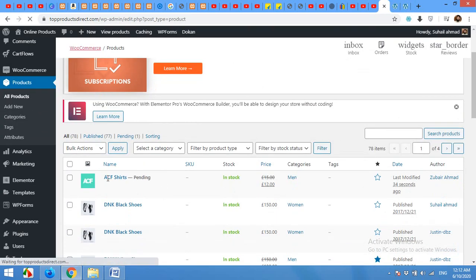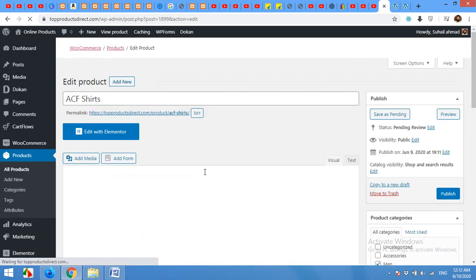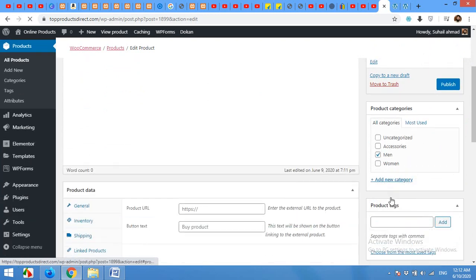Here is the product added by the vendor, and this is the author name, which is probably the vendor's name, and category men. The price is also mentioned, in stock, and it's pending. So click on edit to see what changes need to be done. But if all's okay, then you can just publish the product by clicking here.